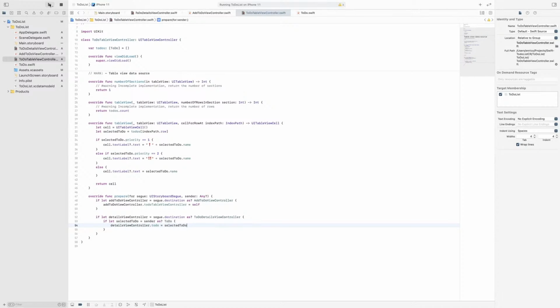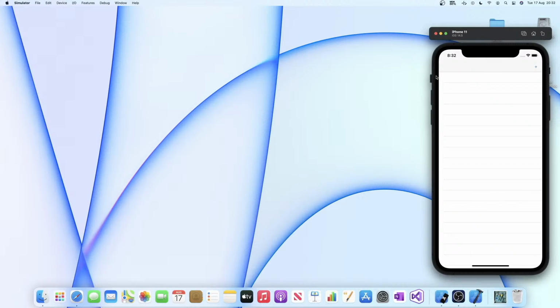now I try to run the application. Okay, now I'm going to add the first to do. It is quite important. I'm going to create a second to do. It is very important. I add the third to do. It is not really important. And now when I click on this one, I can see the detail of this